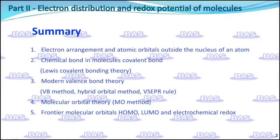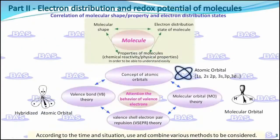One of the objectives of electrochemical measurement is to understand the redox potential of the object of study. The redox potential is a characteristic property of the molecules of a substance and can be used for the characterization and identification of the substance. Understanding the electron distribution state of the molecule will be extremely helpful for us to further design substances with the desired redox potential. In order to facilitate the understanding of the electron distribution state in the molecule, let us first